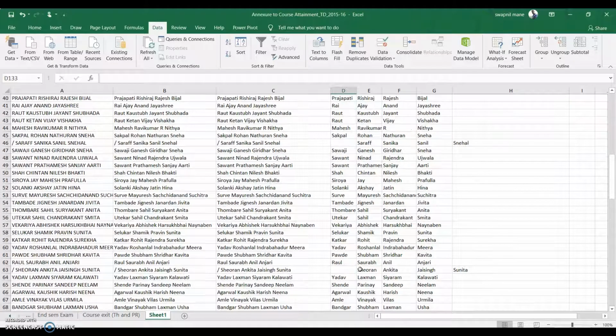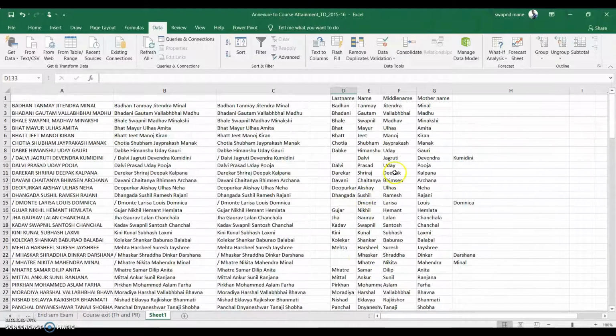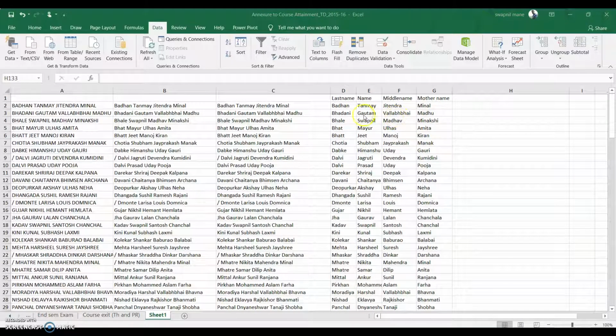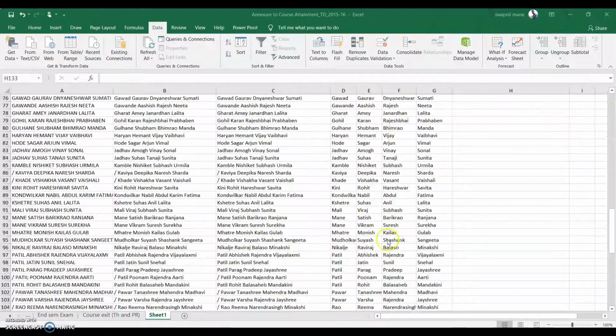So for those names which have been shifted, we can select them and move them to the desired space. I'll pause this video, do that and come back to you. Now we are done with the sorting of the data.